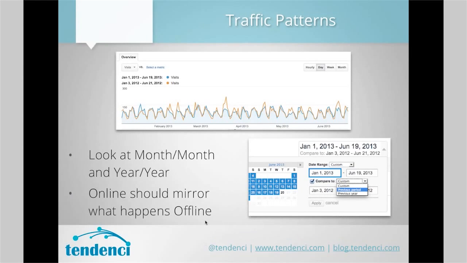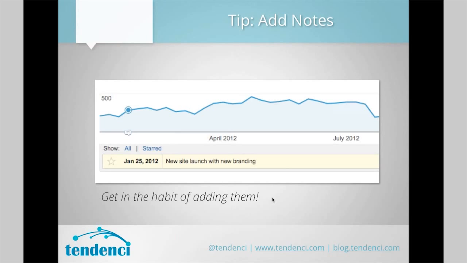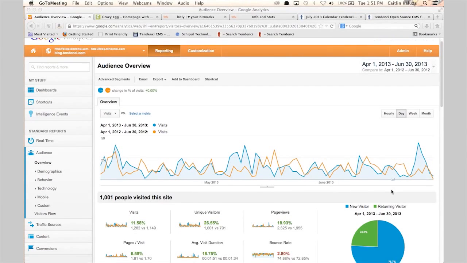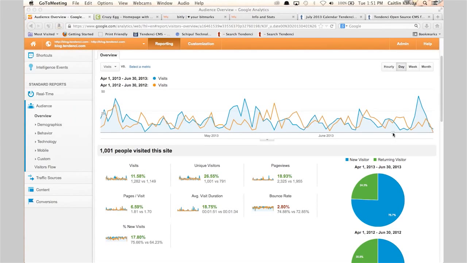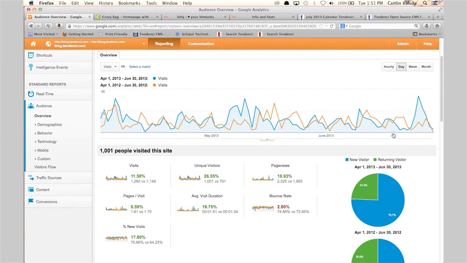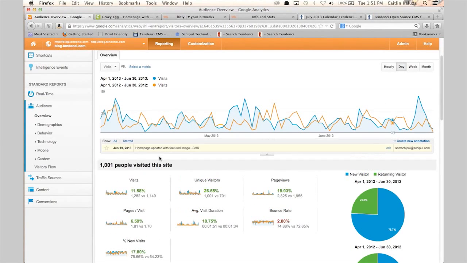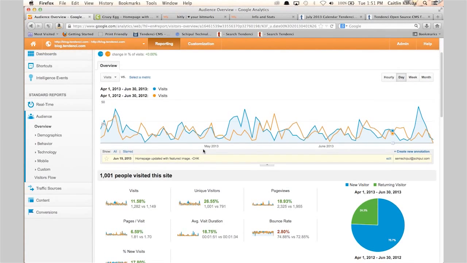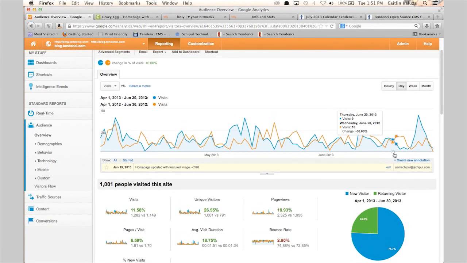Let's see, flipping back. So next let me talk really briefly about notes. So let's see, and we have one in here. If you look really closely, you'll see this little note guy right here. If I click on that, it pops open and it says homepage updated with featured image. So what we did is on the blog, we updated the homepage so that instead of just showing the post, it has a little featured image next to it. I added a little note so that I can tell if that will increase traffic, or I don't know if that will increase anything, but